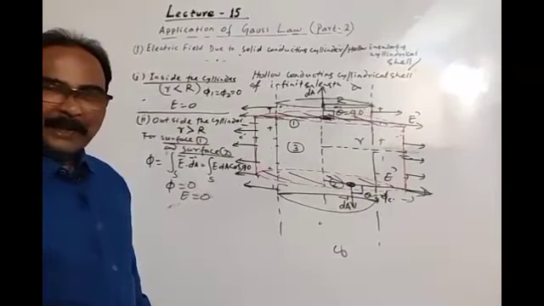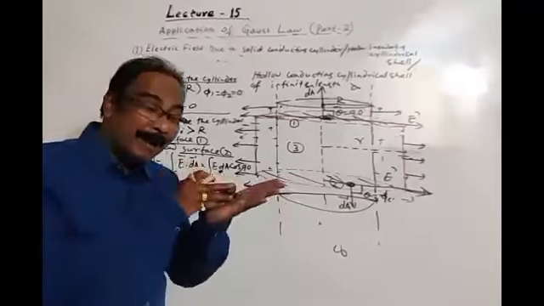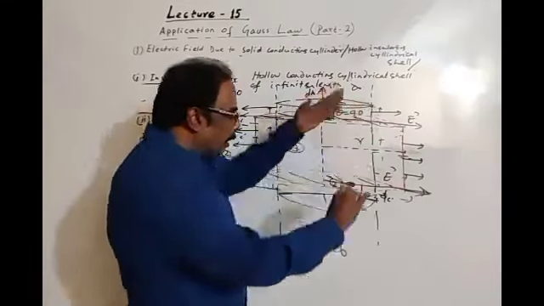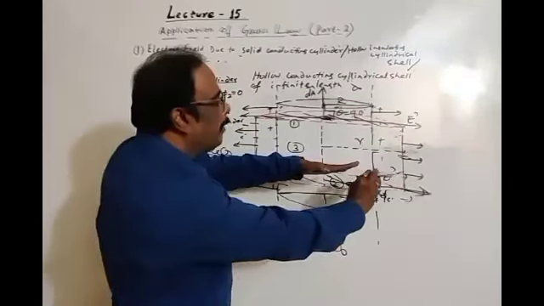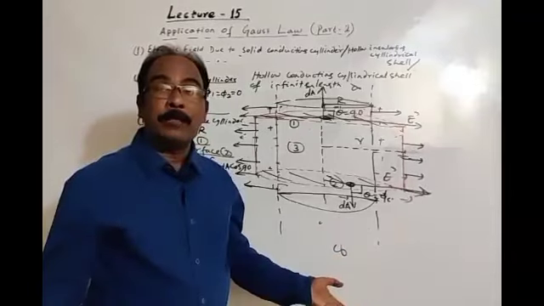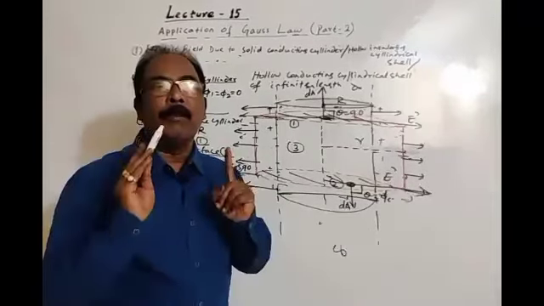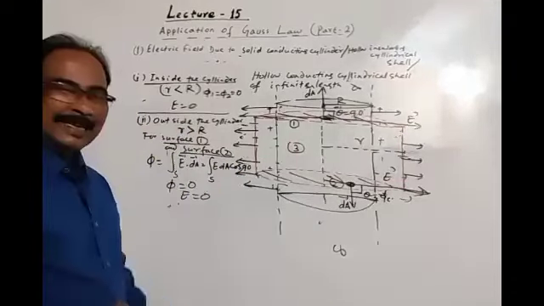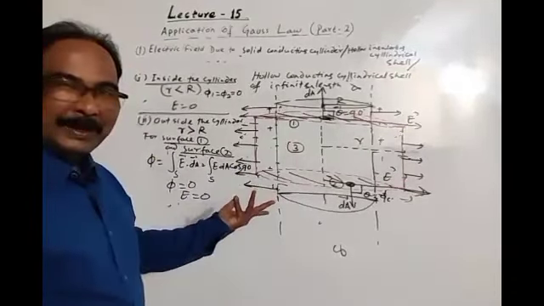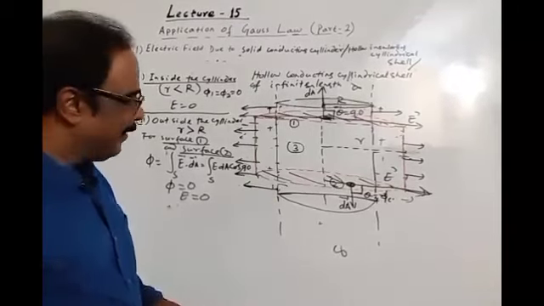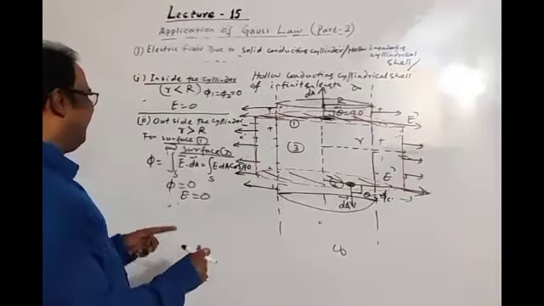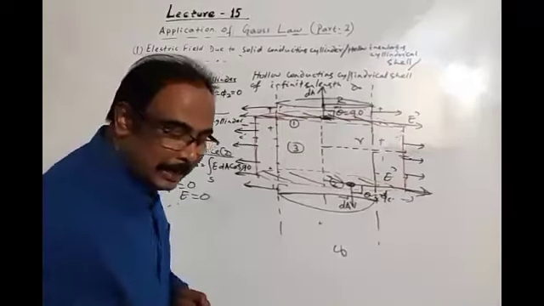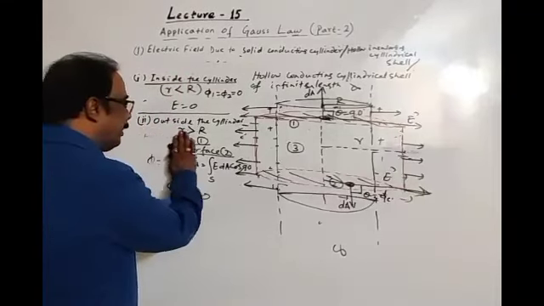Again, if the electric field is parallel to the surface area, this is the surface area, the electric field is parallel. This is the surface area, the electric field is parallel. If the electric field is parallel to the surface area, then no flux links with the surface. Thus flux is 0. Then for surface 3. For surface 1 and surface 2, the flux linked is 0.